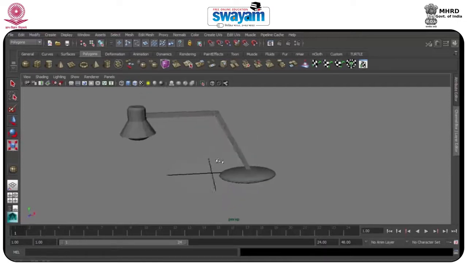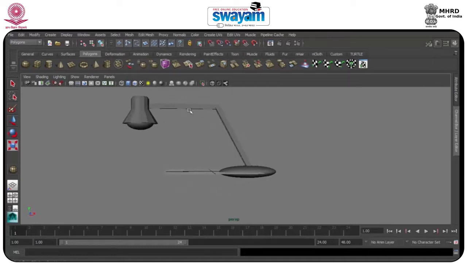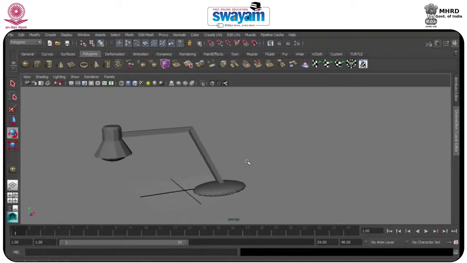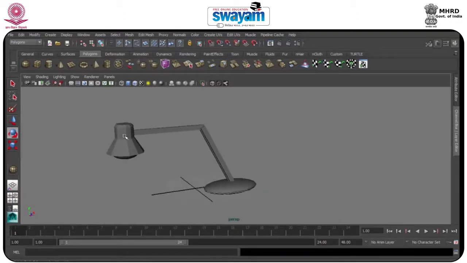You can add modification like this. I have a rotation like this and a rotation like this. Okay, so now our model has been completed, and what we will do is select all the parts